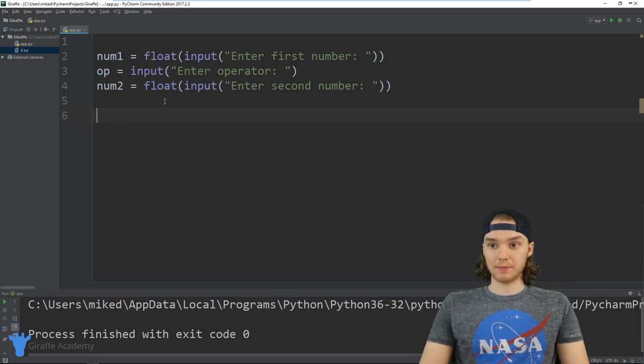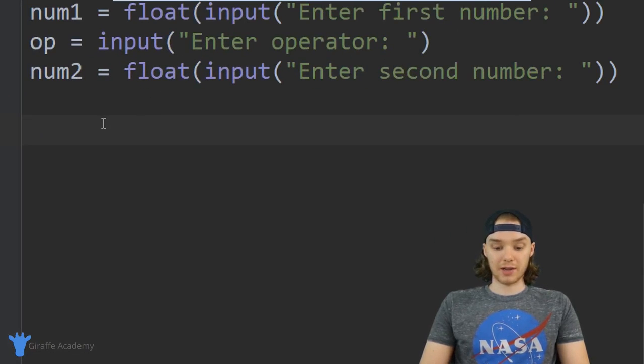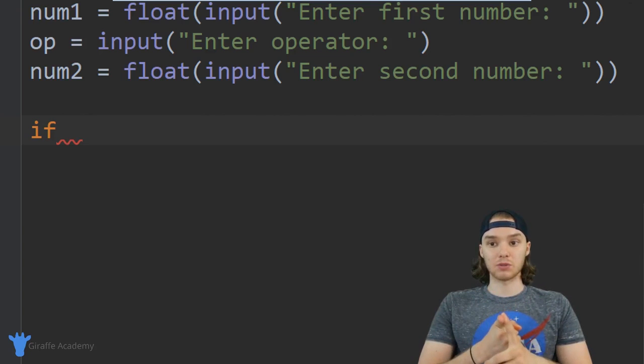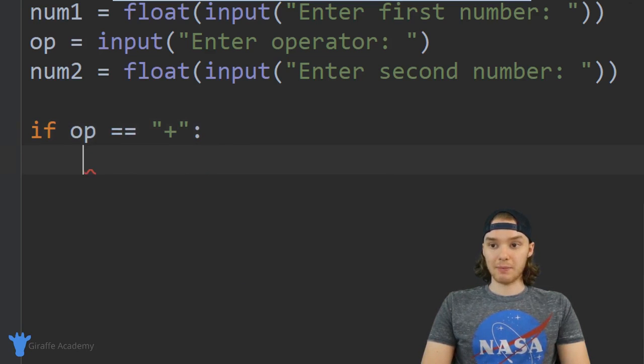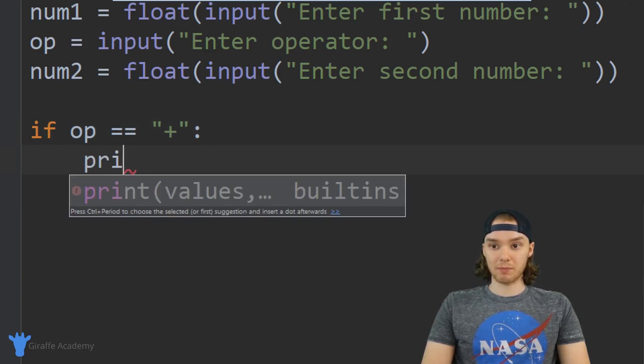So I'm going to come down here and I'm basically just going to create an if statement. So I'm going to say if, and we want to check a condition. I'm basically going to check to see if this operator is equal to a plus sign. So I can say if OP equals plus sign. And now if the operator is equal to plus sign, I'm just going to print out